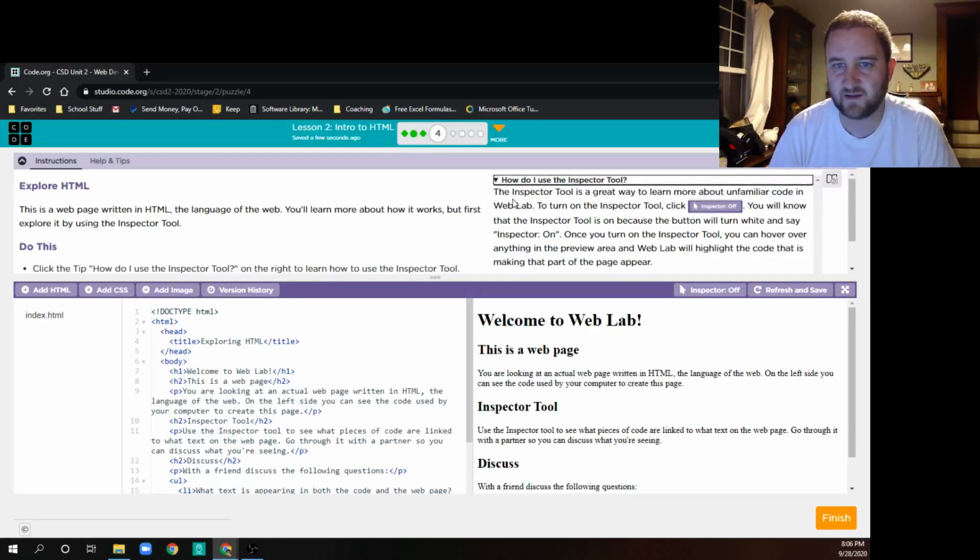If I click on this, it says the inspector tool is a great way to learn more about the unfamiliar code in Web Lab. To turn on the inspector tool, click inspector right here. Right now it's turned off. If I click it, it then gets turned on. You will know that the inspector tool is on because the button will turn white and say inspector mode on. Once you turn on the inspector tool, you can hover over anything in the preview area. Remember, the preview area is like